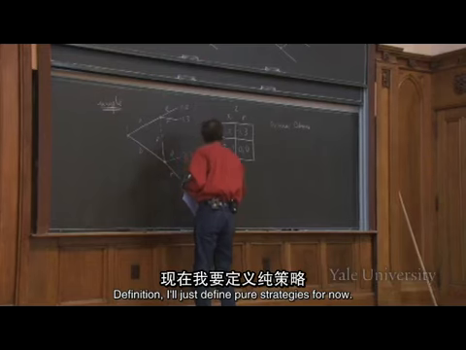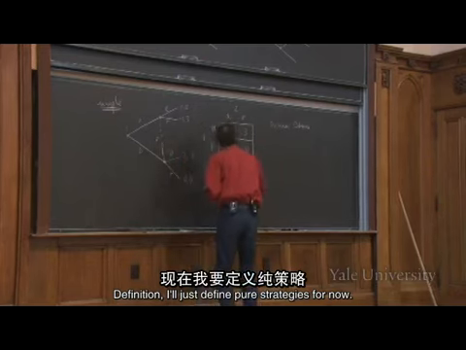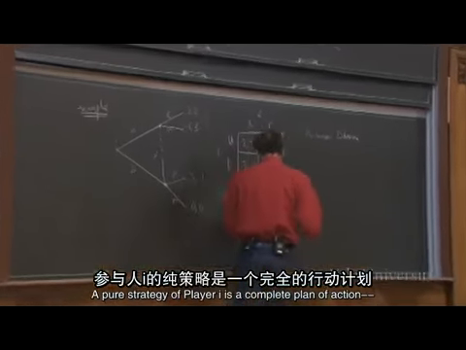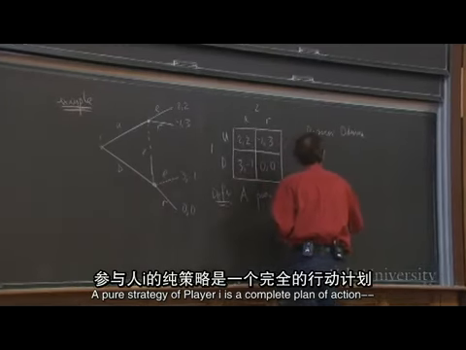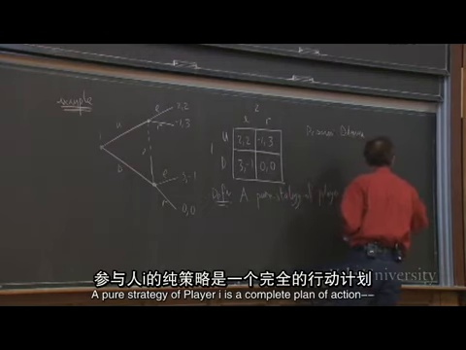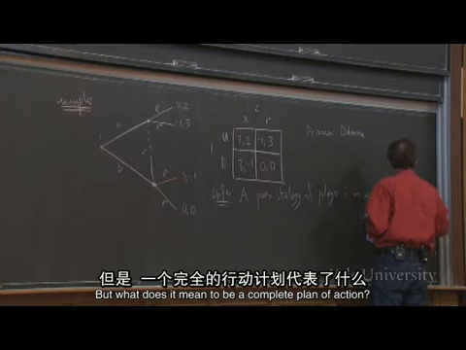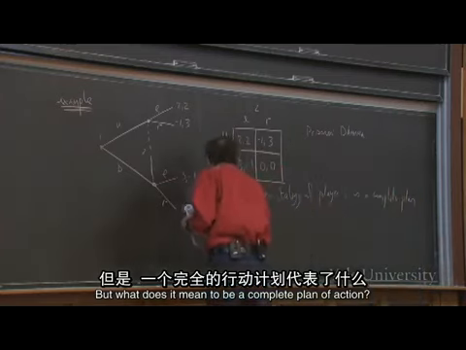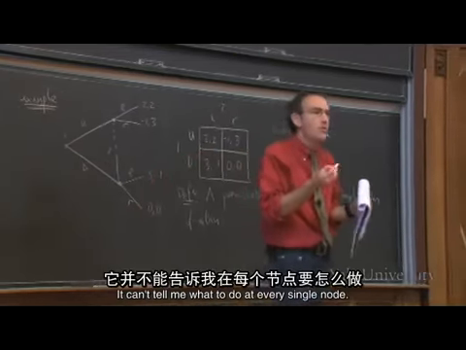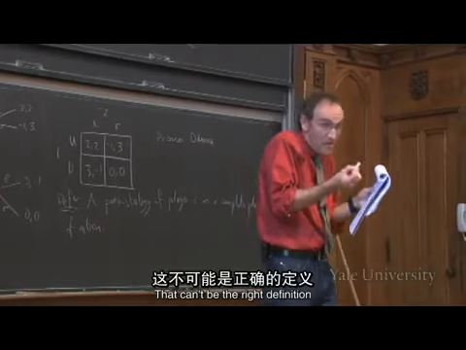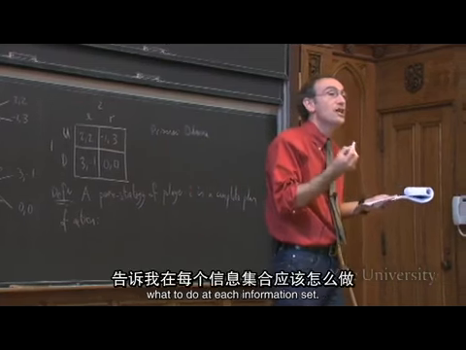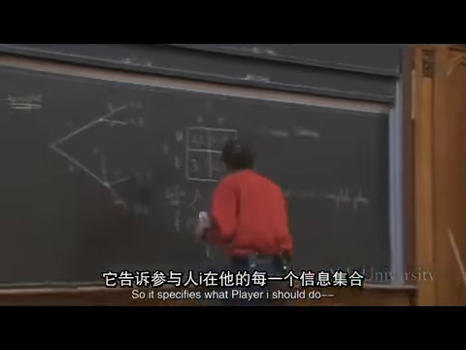Definition. I'll just define pure strategies for now. A pure strategy of player I is a complete plan of action. So this is the same as before. But what does it mean to be a complete plan of action? It can't tell me what to do at every single node. That can't be the right definition because I can't distinguish nodes. So all it can be doing is telling me what to do at each information set. So it specifies